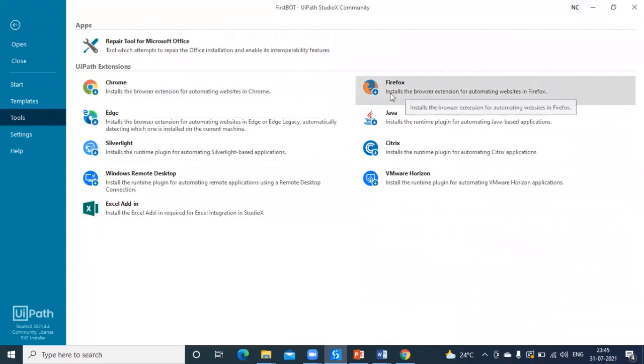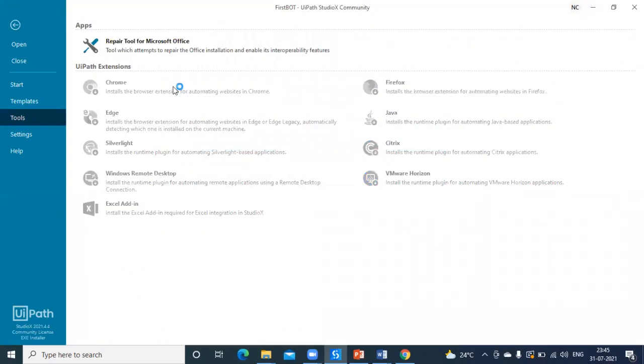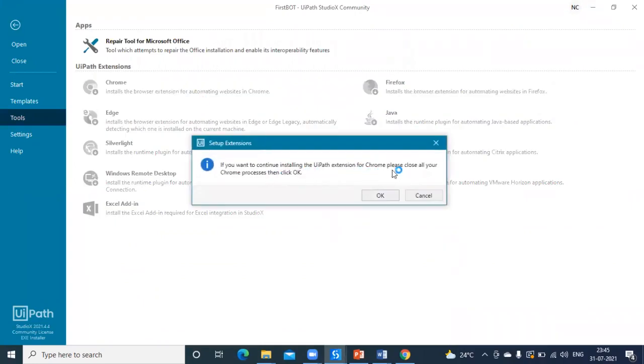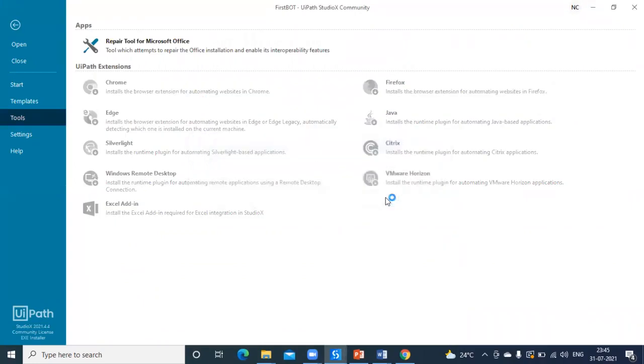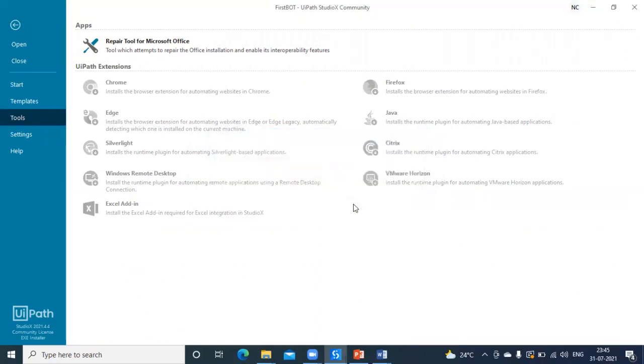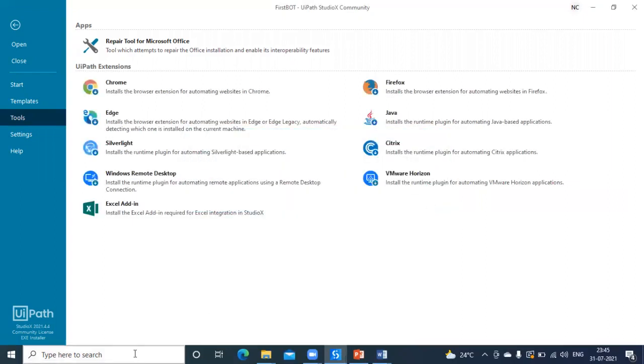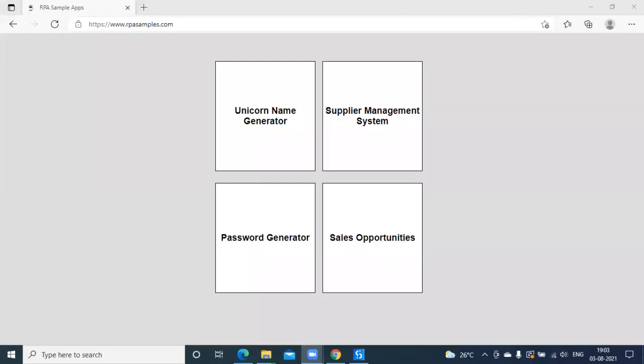You can use Chrome, Firefox and Edge. And from here also you can enable the extension. If you click here, you will get the same pop-up asking you to close the Chrome applications, press OK. And if it is still running, it will force stop the browser and the extension has been successfully installed. Then again press OK. So this is the other way also.